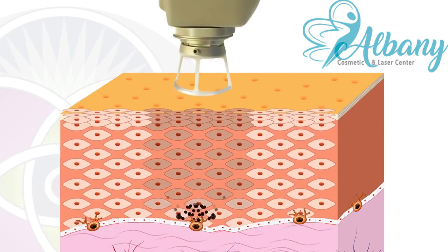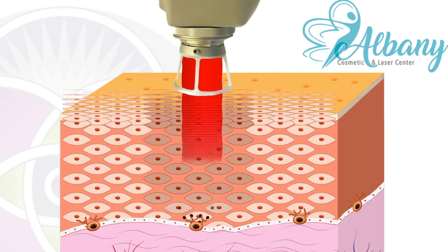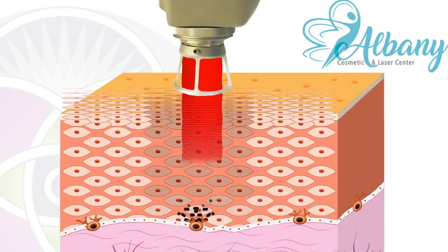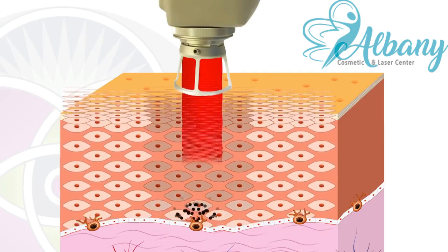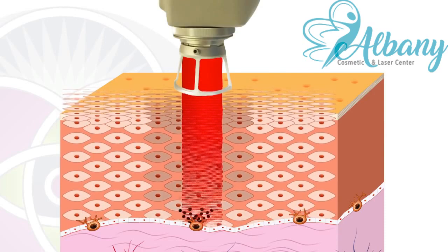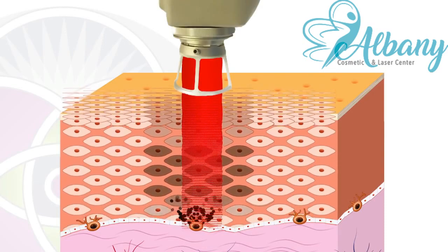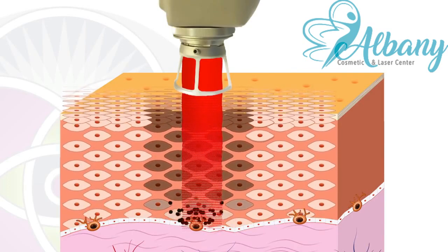Number one, because we're using low power of energy, we don't risk stimulating the melanocytes. Remember, the energy that comes out of a laser is light energy, just like the light that comes from the sun. And what do we know about melanocytes? They are stimulated by light energy. So if I'm using a laser with high power, yes, the energy is going to be absorbed by the melanin, but it's also going to penetrate deeper, down to where the melanocytes are, and you risk stimulating them